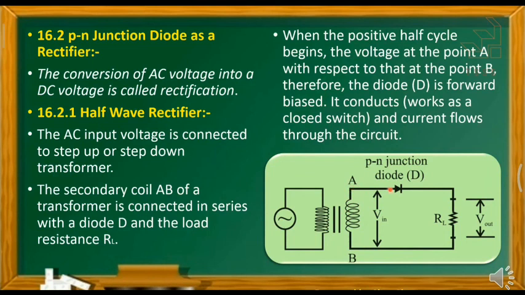Only the positive half of the cycle is passing through A and the remaining negative half of the cycle passes through B. So that's why the negative half of the cycle is ignored and the positive half of the cycle passes through the PN junction diode. During the negative half of the cycle, the PN junction diode behaves as reverse biased, due to that only the positive half cycle is passed through the PN junction diode.